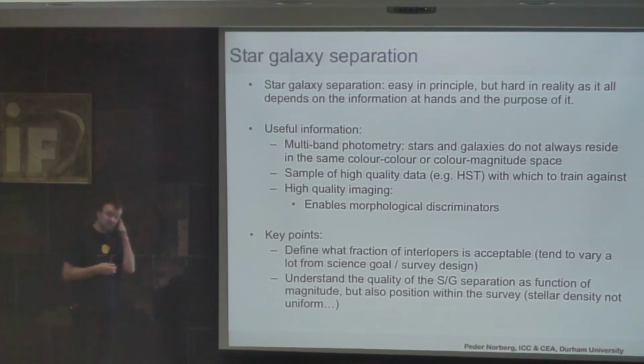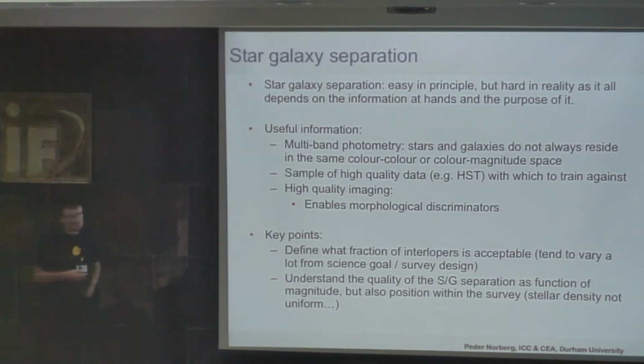So in that sense, you can actually very reliably classify objects as stars or galaxies. Also, the high quality imaging enables morphological discriminators. And there is a whole zoo, again, of methods of how to do star-galaxy separation. Again, like previously with the magnitudes, there's no point in knowing them all. Different people use different characteristics, but they will have different impacts on your survey properties, and that's why you need to be aware of them and know their limitations.